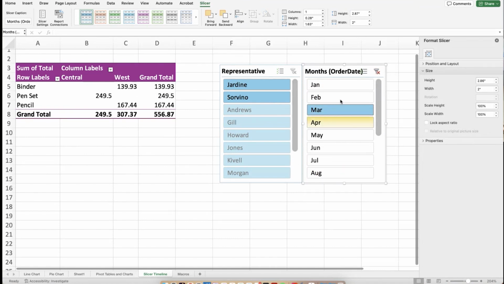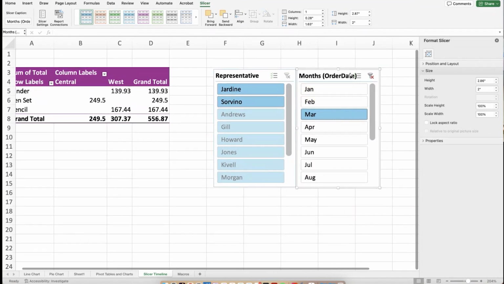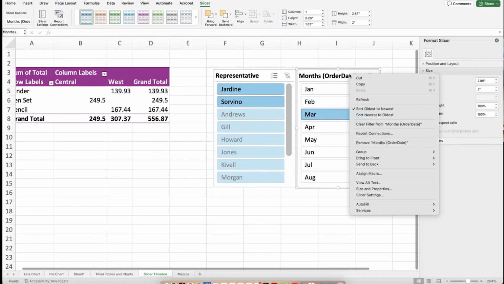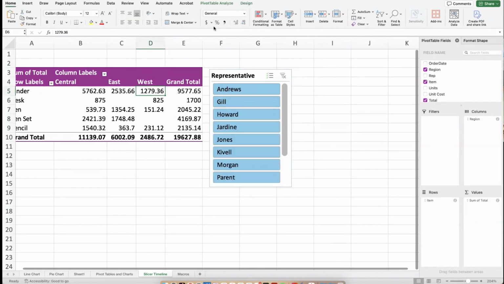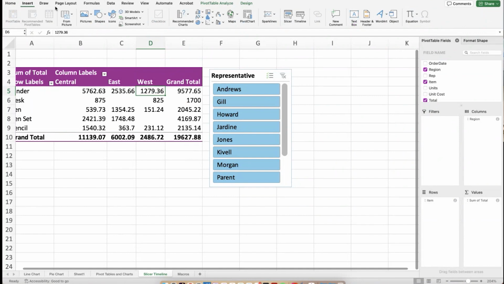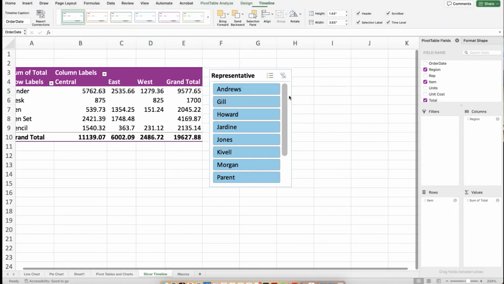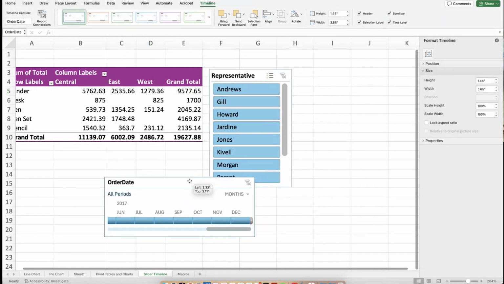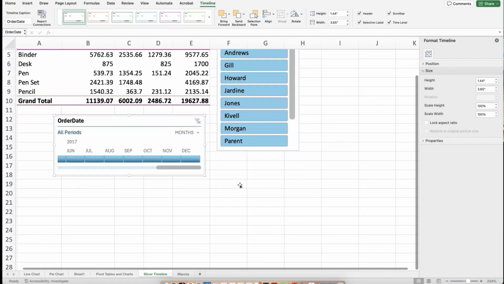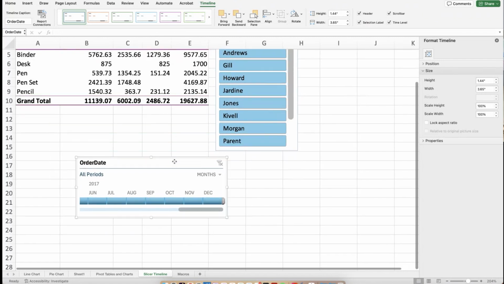But for months, this may not be the best visual. So instead of using this visual, we're going to delete this. And we're going to go into insert, and we're going to insert a timeline. So insert a timeline based on the order date. And what this allows us to do is adjust the chart so that we only see, for example, if we only wanted to see